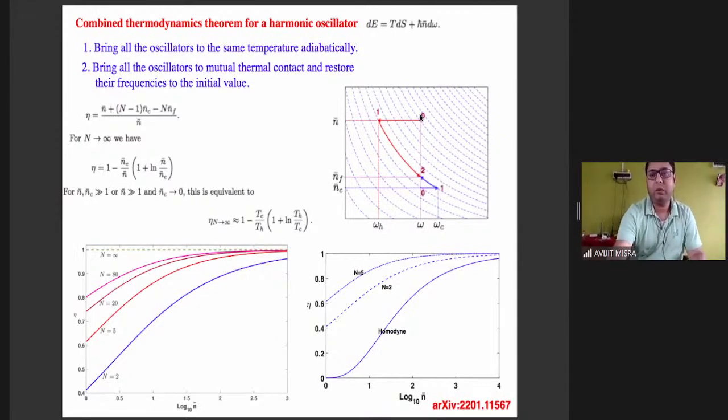So suppose I have a hot mode with mean quanta n bar, and I have a cold mode with mean quanta nC. So first, adiabatically, we increase the frequency of the cold mode, and we decrease the frequency of the hot mode, so that they belong to one isotherm. The blue dashed line represents the isotherm. Okay, so in this process, the hot mode releases some energy, which is informed work because there is no entropy change, and we have calculated the work, and the efficiency is given by